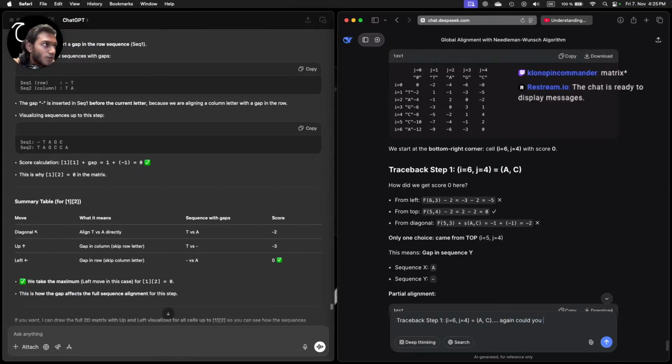Could you tell me, I use the top horizontal one as x-axis, that is i, and the vertical one as the y-axis, which would be j. So you used the opposite, and